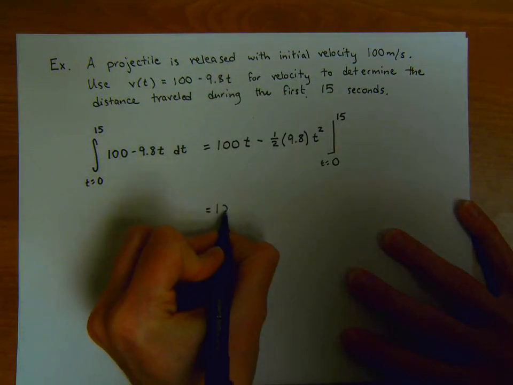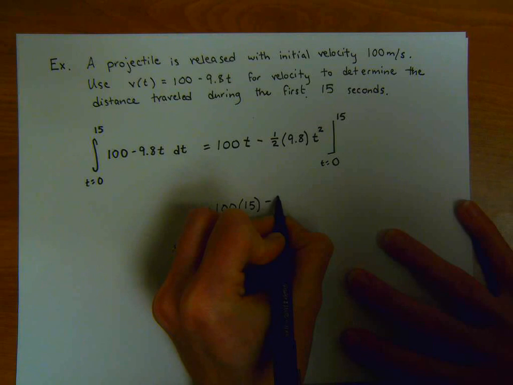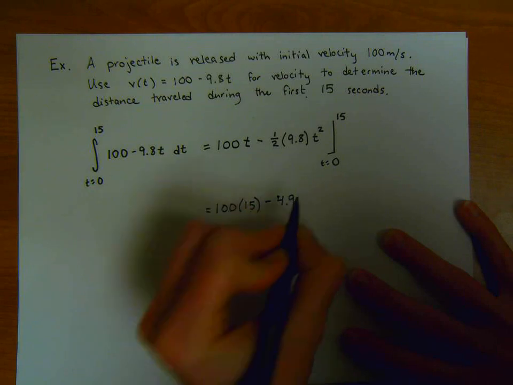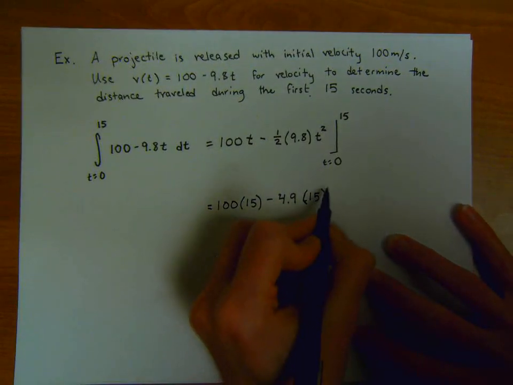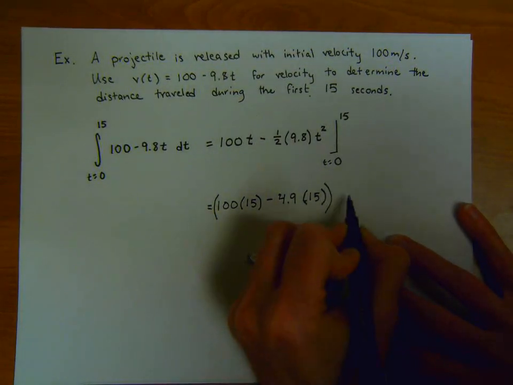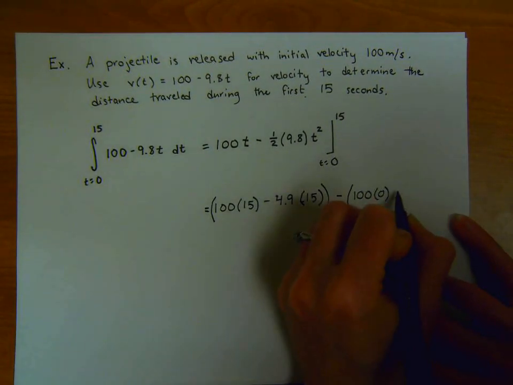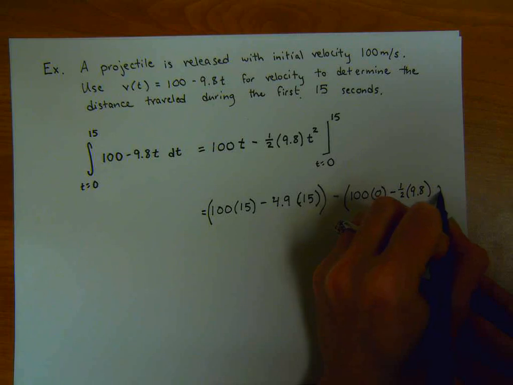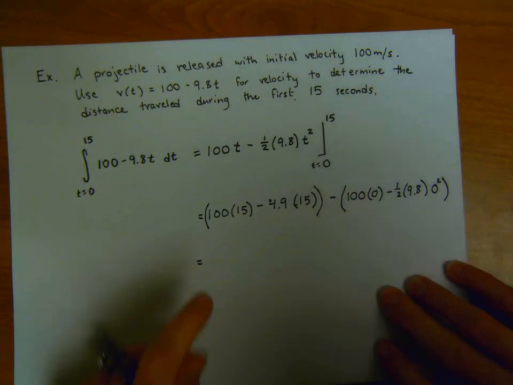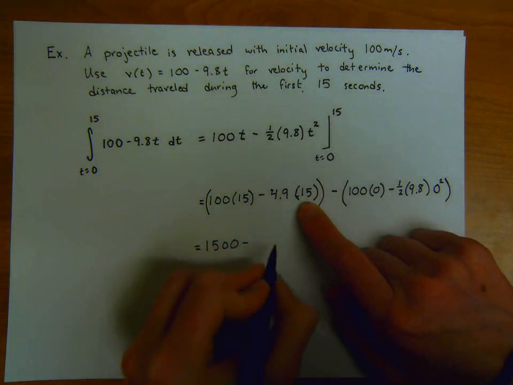So this ends up being 100 times 15 minus 1/2 of 9.8, which is 4.9, times 15 squared. This is evaluated at the upper bound, and you can see in your head that evaluating it at the lower bound will also just be a bunch of zeros because there's a t in each term of this integration. So it means that my total distance traveled in this case is going to be 1500 minus 4.9 times 15,